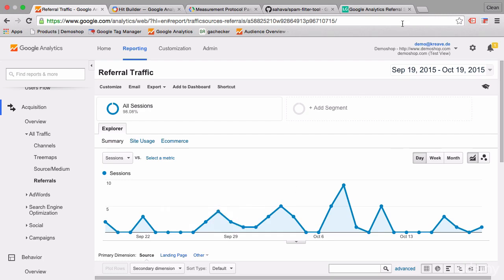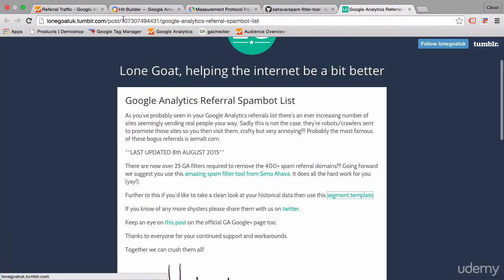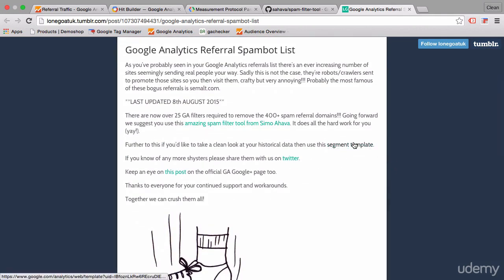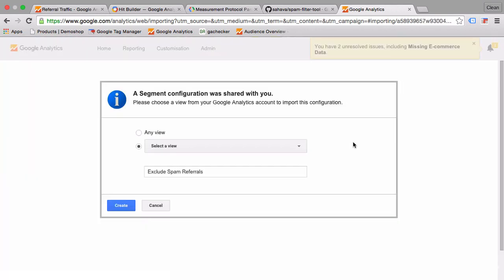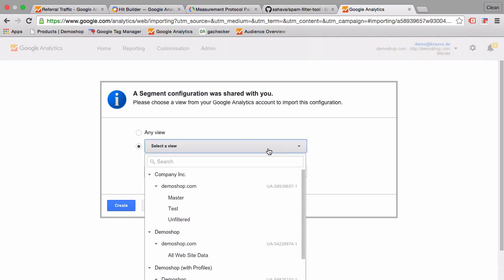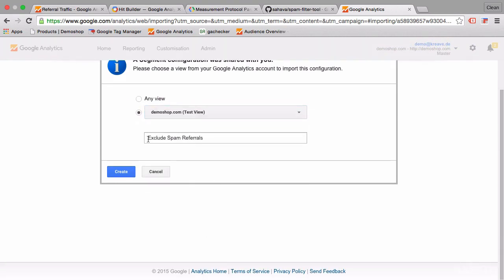Now, there is a resource out there by The Lone Goat, and you can look that up. I will link to this post. And there's actually a segment template that we can install. So once we click this link, we can choose our account, and I will just go with this test view, and there will be a custom segment added to your Google Analytics account,